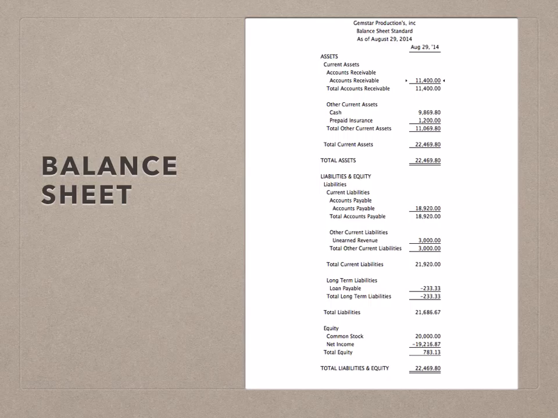Here we have the assets, liabilities, equities, expenses, and incomes. Here we can see in the first line it says 11,400. That's the total accounts receivable, and you can see the expenses also here at the end. But let's start first with how much money in cash we have, and the prepaid insurance. Those are our assets. In total, the current asset is